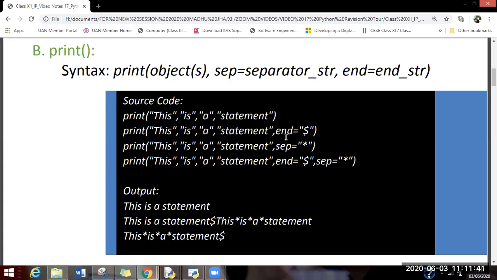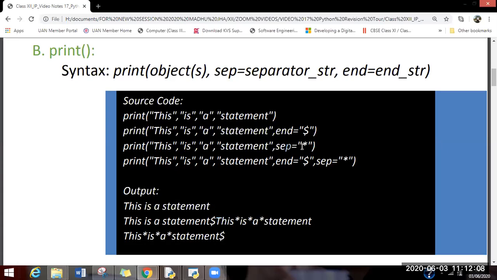Moreover, the previous end argument value, that is backslash n, which is responsible for taking the statement to a new line, will not be working. Therefore, the next print statement will be printed from the next space and it will not be propagated to the new line.